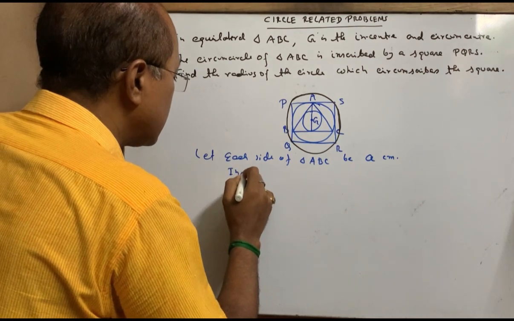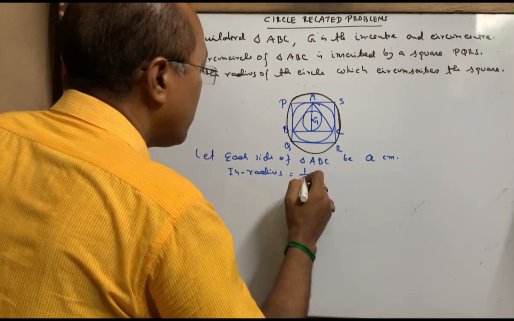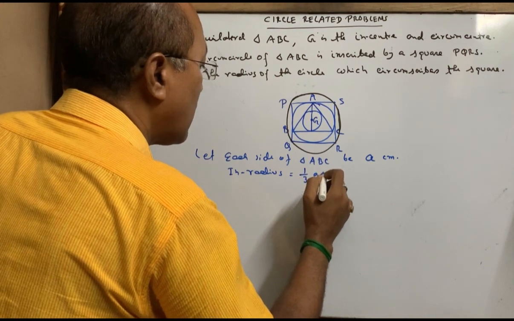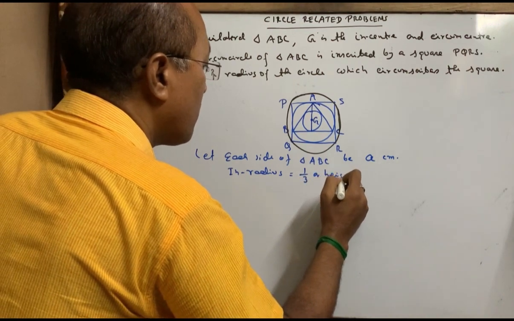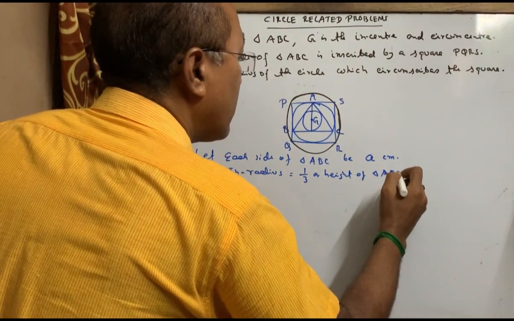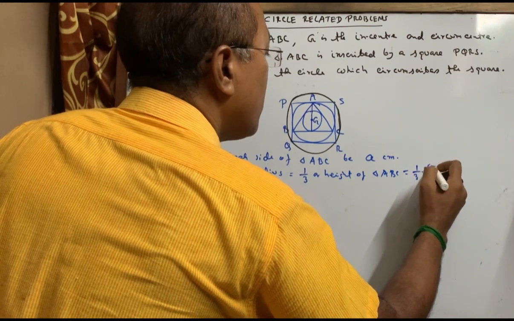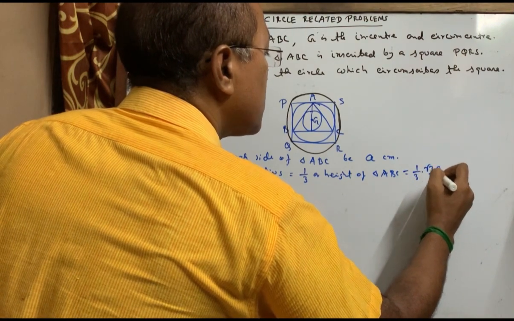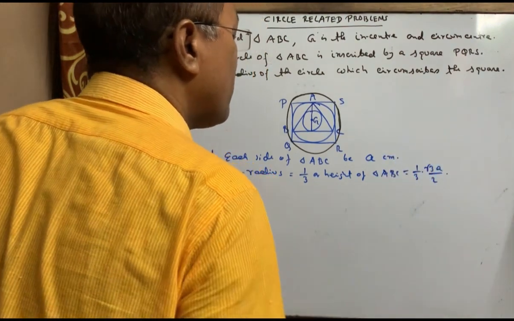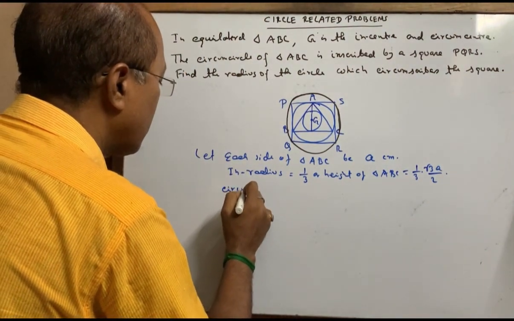Inradius is equal to 1/3 of height of triangle ABC. So 1/3 into √3a by 2,